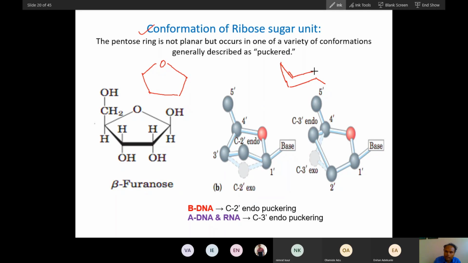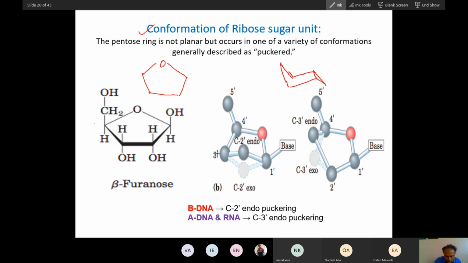So they are a bit like this chair. What do I call this? Chair or board form. This is called chair form. They are distorted things. Okay, so because of that, what you can see is the structure of this. So this is like this.